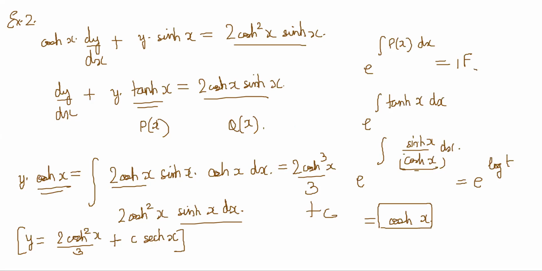I would just do it like this. We don't want to use new identities and all. It's not needed. This is 2 cos x whole square into this. So we can just take this as t and this will be dt. So it is coming immediately. So this hyperbolic sine and cosine, you should know what it is.